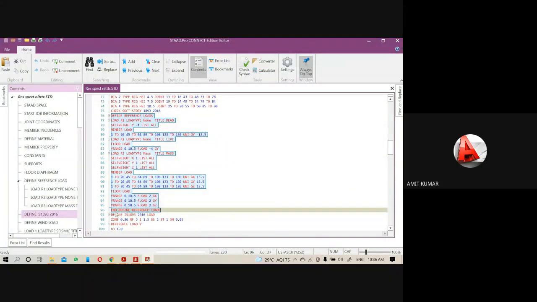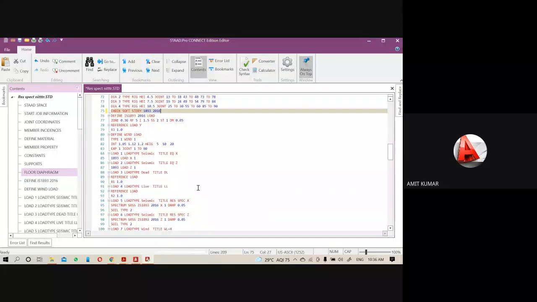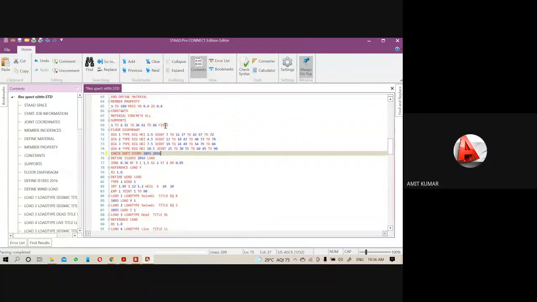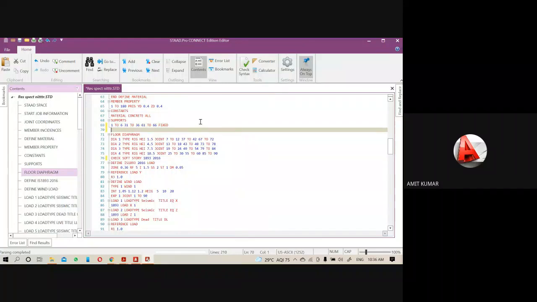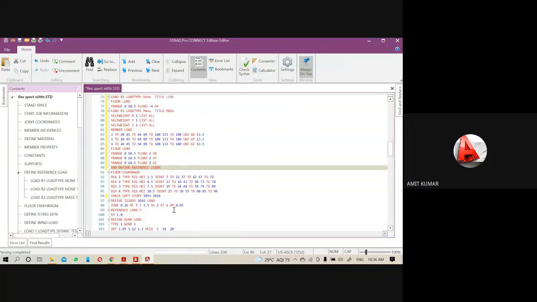You can see it is written end define reference load. So just start from the define and select up to the end point, then cut it with Control X, then paste it just after the support and before the floor diaphragm. Okay, and save it.